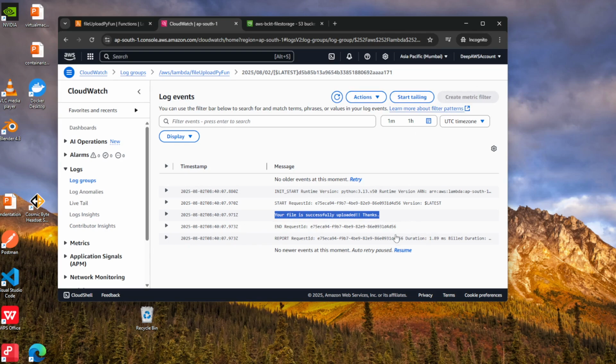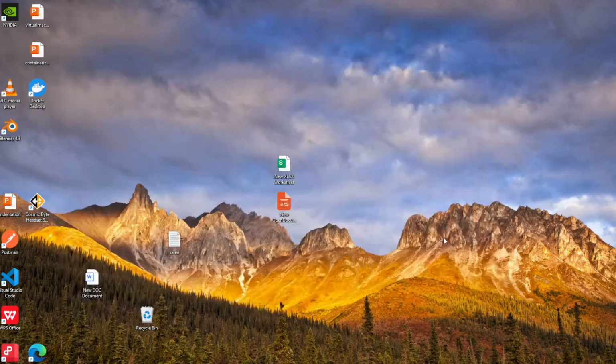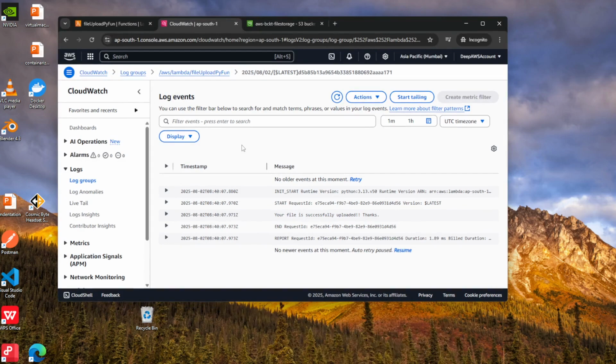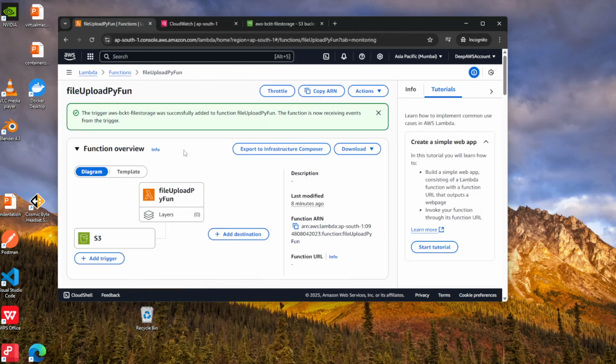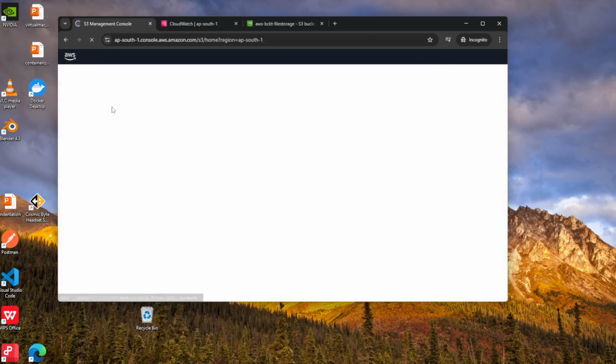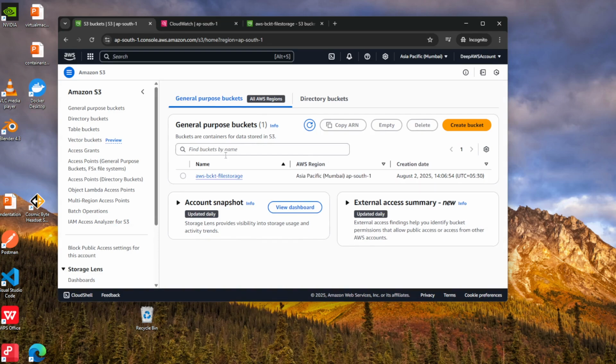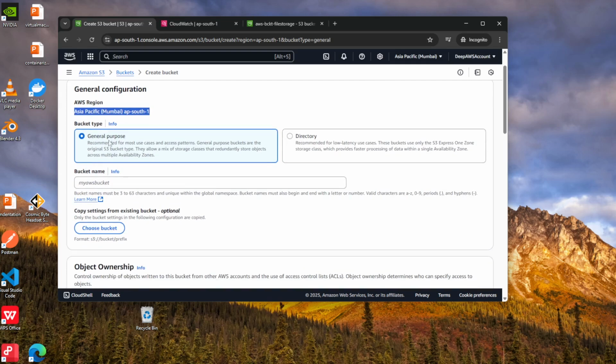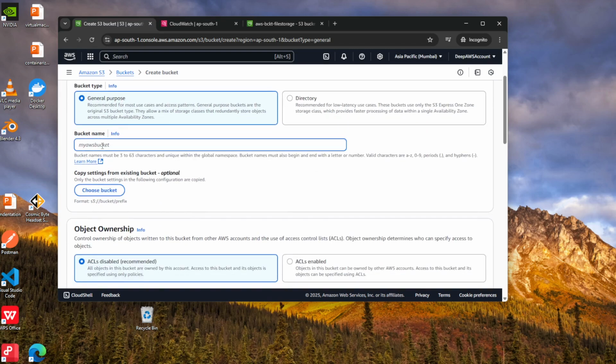file. Seems good. Now let us check by creating one more function for our Java program which will get triggered when we delete any file from the S3 bucket. So we can once again type S3 here so that it will show the S3 option, and here we can click on create bucket, and here we can see this is the region and bucket type we can keep as is, general purpose,